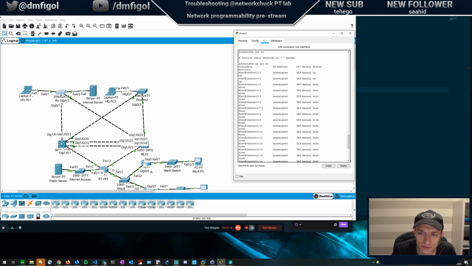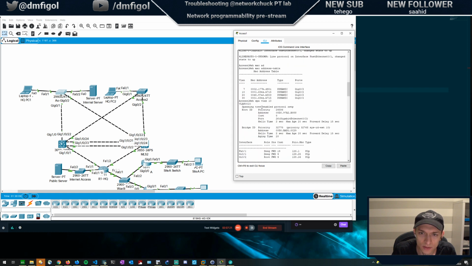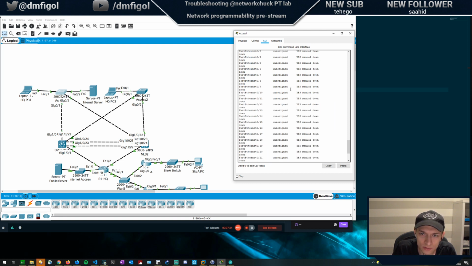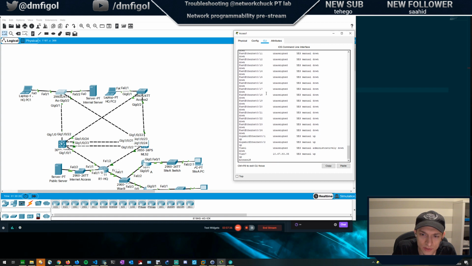I don't need an SVI here. I do need to have the VLAN, which I have, active and on port 0/1. And the link should be up as well, which it is. Gigabit 0/1 is up, which it is. I mean, the only thing is